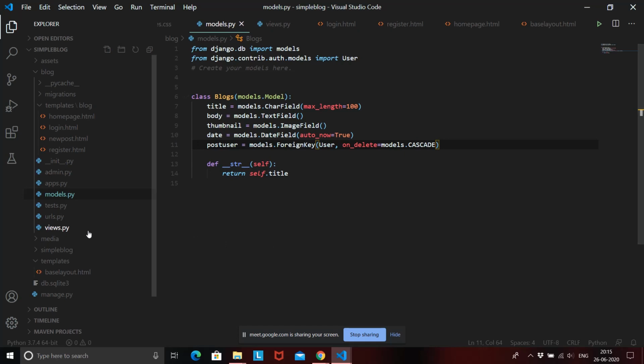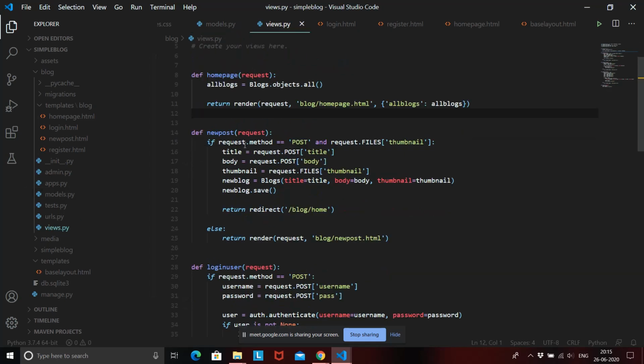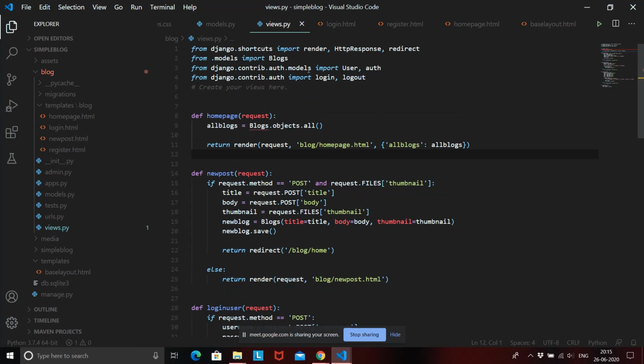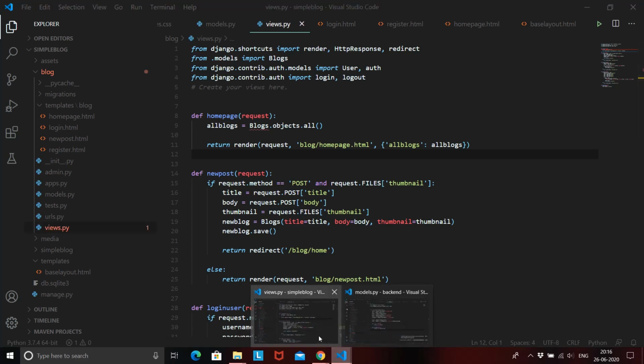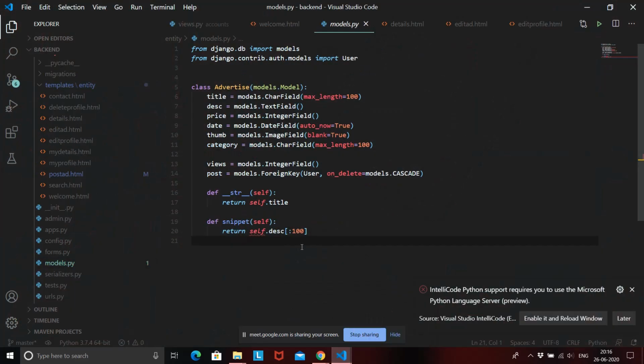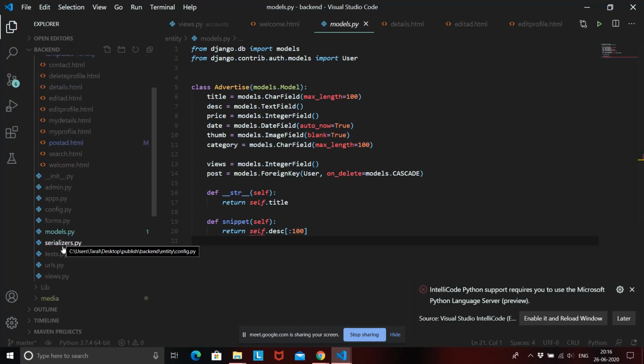So in our views.py file, here we are creating a new blog, right? We are handling title, body and thumbnail. Now we also need to tell it that whichever user is logged in, specify that user to the new attribute called post user. Okay, we have the user imported from the models in Django inside this folder. So now let's see how we can collect the user that is currently logged in. For that we have a syntax over here. I think it is in the views.py file.